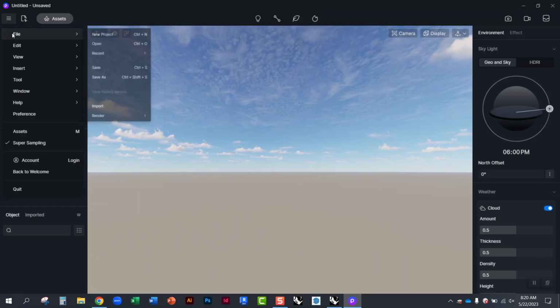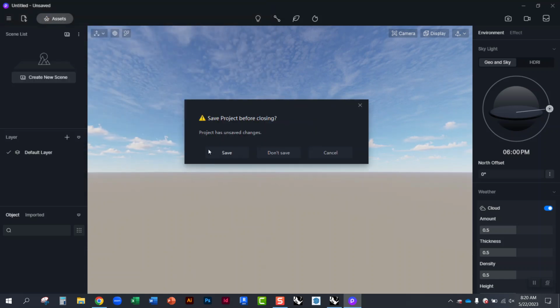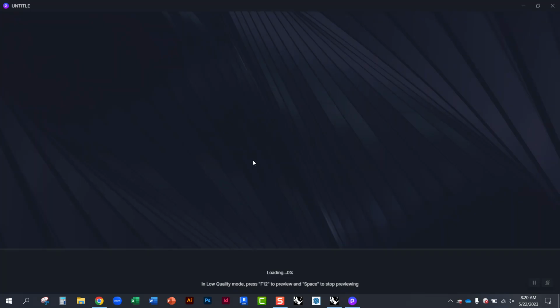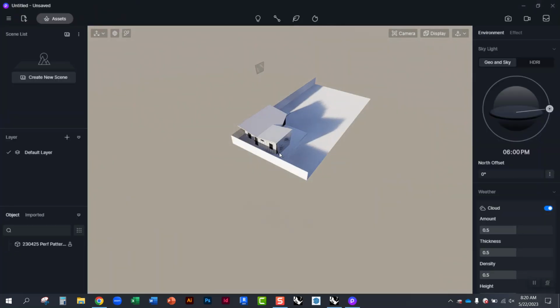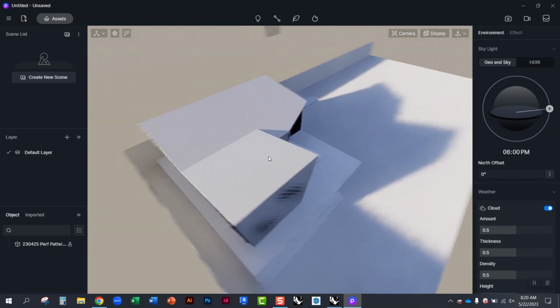So I'm going to go to File, Open, find that model. And again, these are all the different file types that it can recognize. So 3DM is the Rhino extension. I'm just going to hit Open. It also accepts SketchUp and other file types. I'm going to say Don't Save. It's going to open it. And so it'll bring in the model,